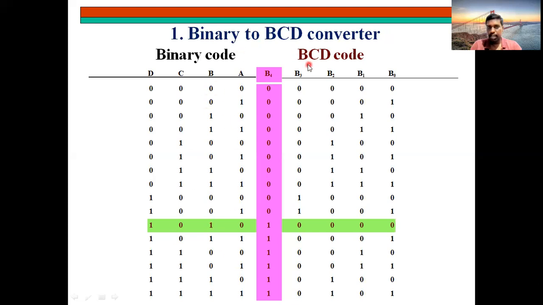And on the right side, you should have the BCD code. Why? Because the topic is conversion of binary to BCD. So your input should be binary, and the output should be BCD. So write the BCD in the output section. You know how to write a normal binary number in BCD. Already I said that binary notation and BCD notation will be the same up to 9, up to single digit numbers. So see here, 1001. This is the 9th combination. So here also we get the same 1001. Up to here, your values will be the same.